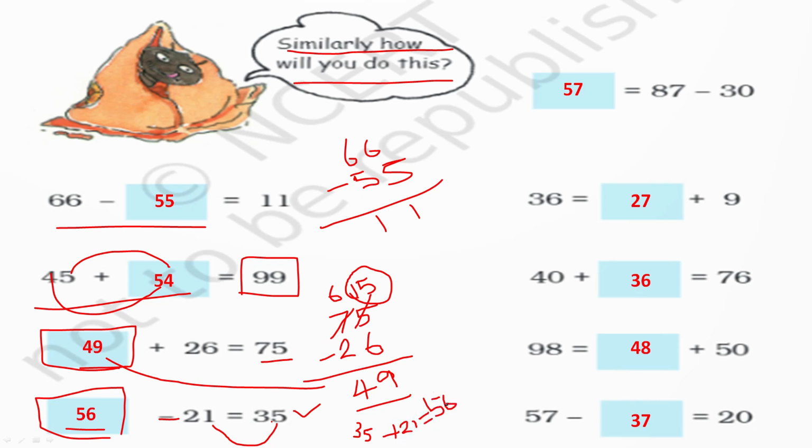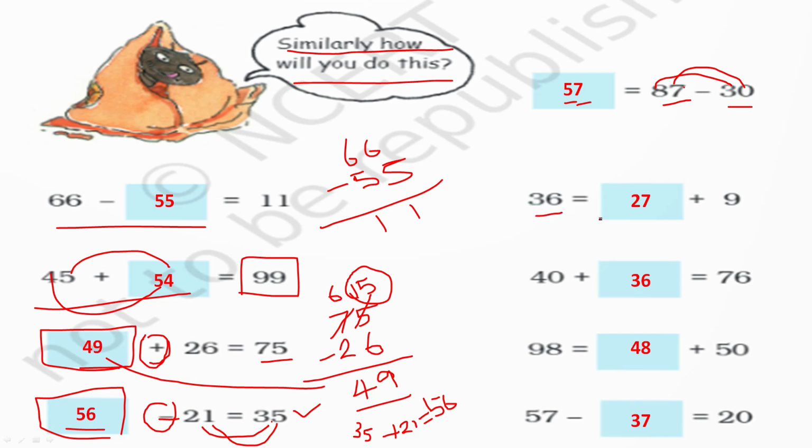Here what you have to listen, if it is plus sign you have to subtract from the greater number. If it is minus sign you have to add the numbers. These two numbers you have to add. This you have to remember. Here you see, now when you subtract 87 minus 30, you will get 57. Direct subtraction. 7 minus 0, 7 only. 8 minus 3, 5. Easily you can subtract.